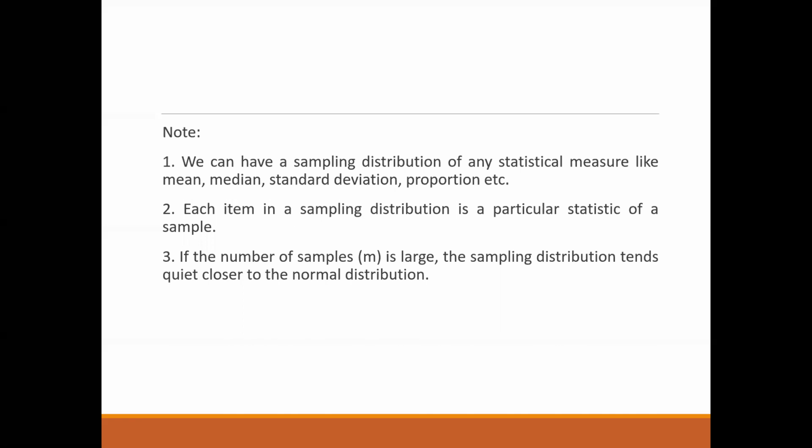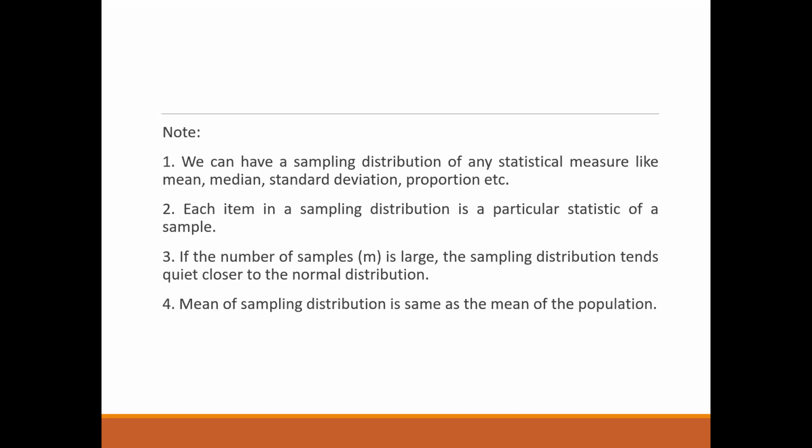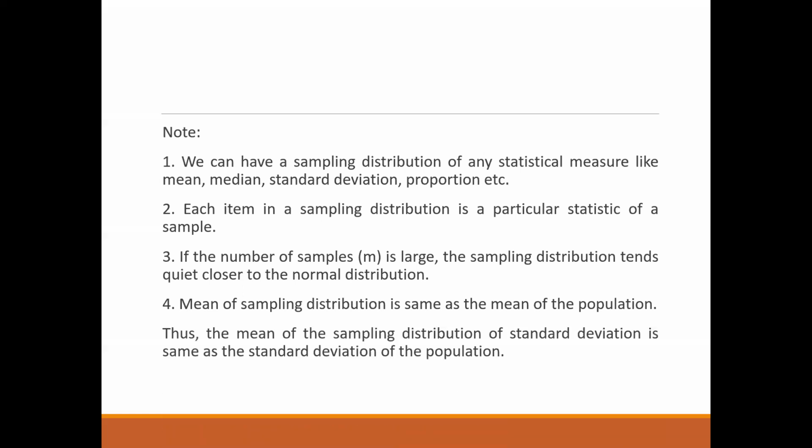Now, there's lots of theory here. You need to note down each and every point. And when we start solving the actual problem, you have to apply all these points or theory which we have learned while solving the given problem. So as I said, the mean of the sampling distribution is the same as the mean of the population, provided we are covering the entire population.